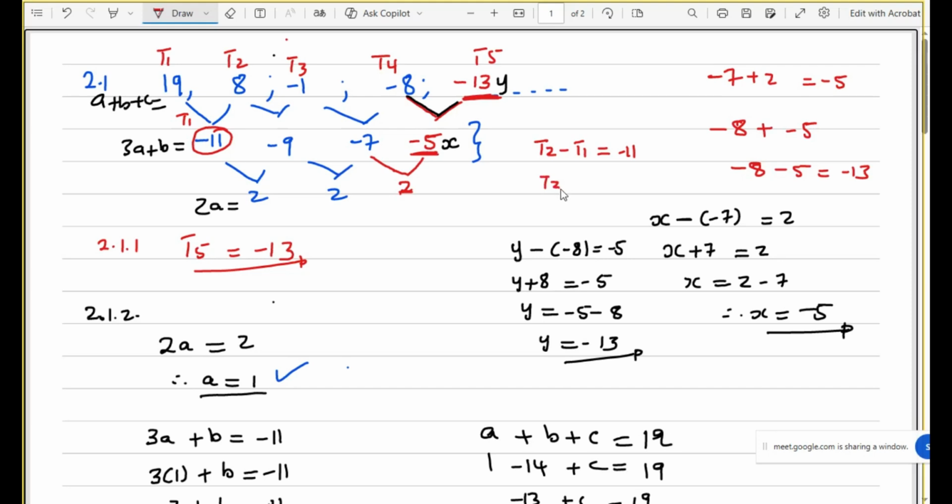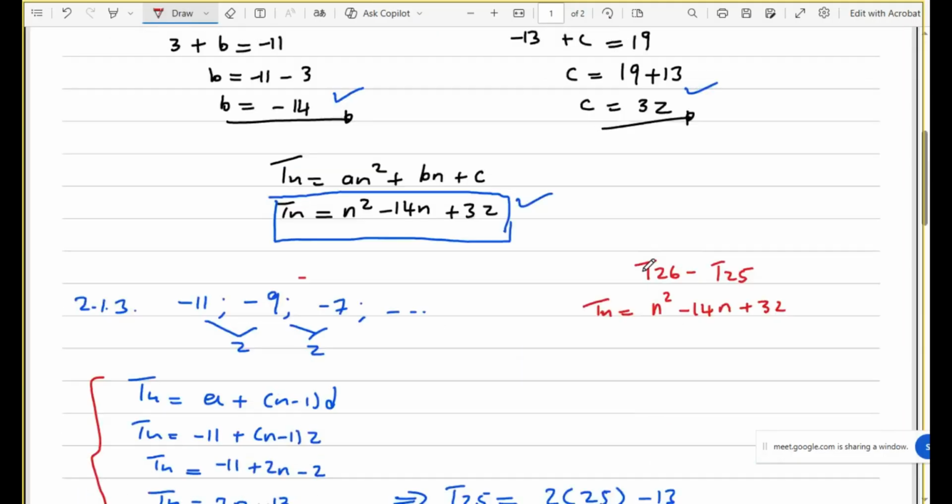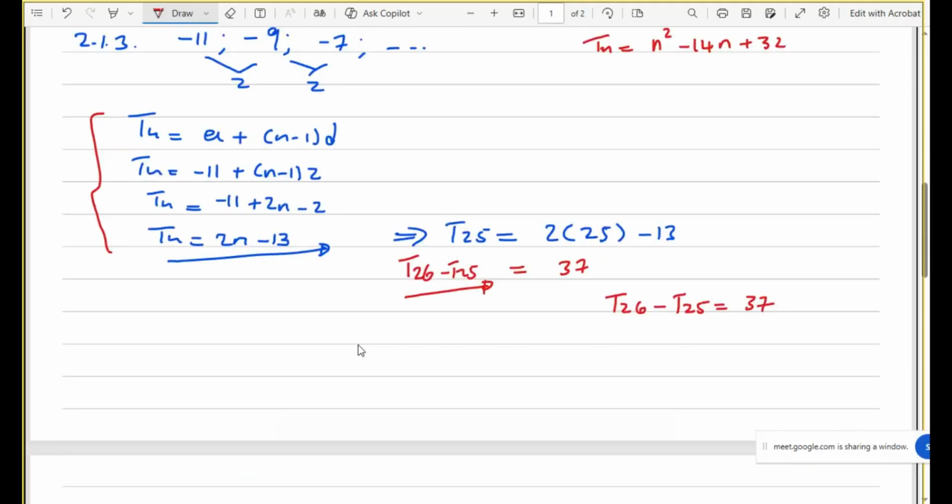When I say T3 minus T2, I get what? 9 minus 9, which is your T2 of your first difference. Look at this. It's your what? T2. That was T1 of your first difference, T2 of your first difference. Look at this. T4 minus T3. This gives me T3 of your first difference. Look at this. T3. So therefore, we can conclude and say that if we say